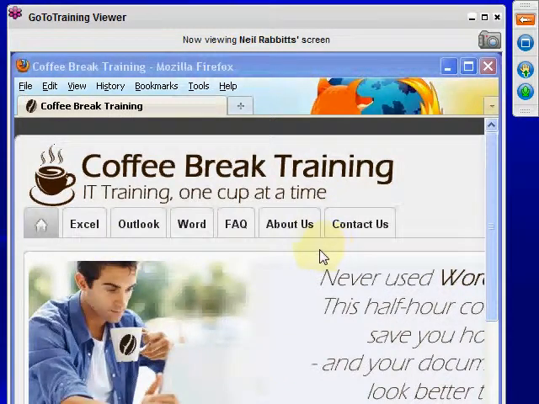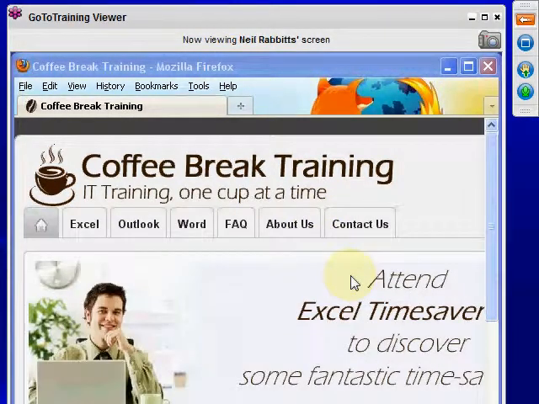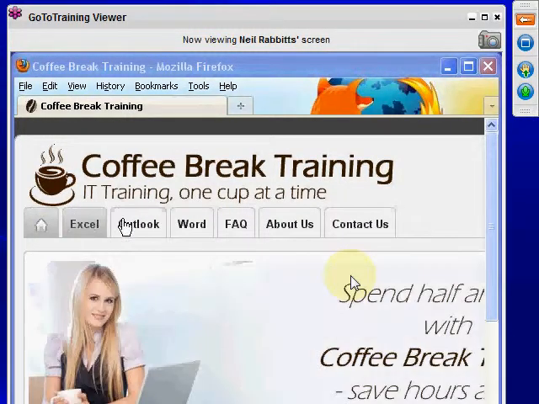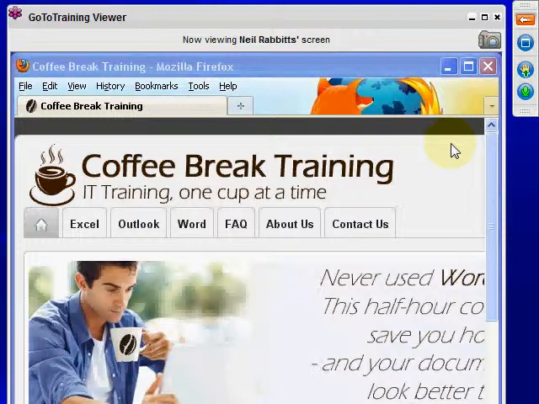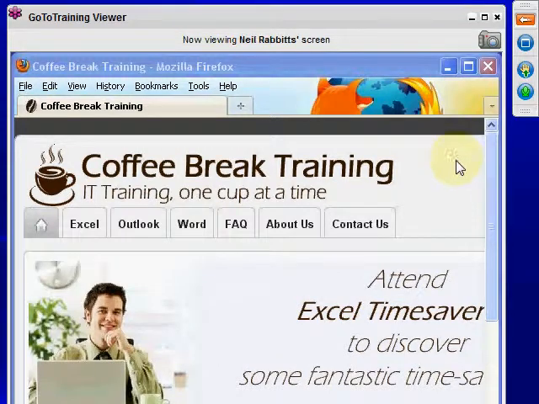Well, actually at the moment he's just looking at the Coffee Break Training website, and obviously if he looks at the menu items then that shows up on our screen too. So that's the instructor doing that. If I want to interact with the instructor, I need to use some of the features that are built into